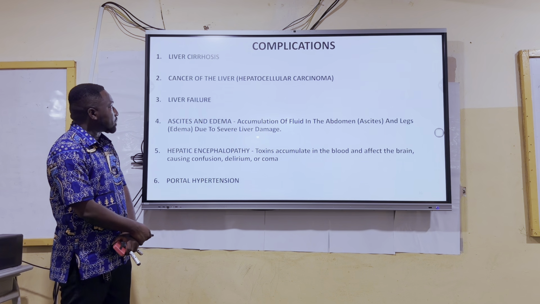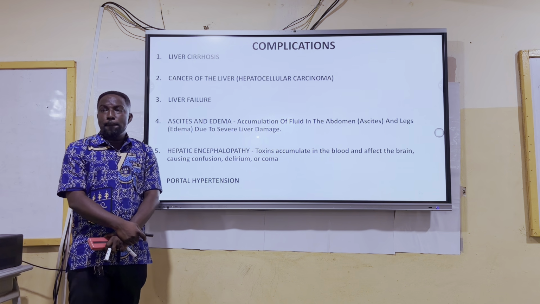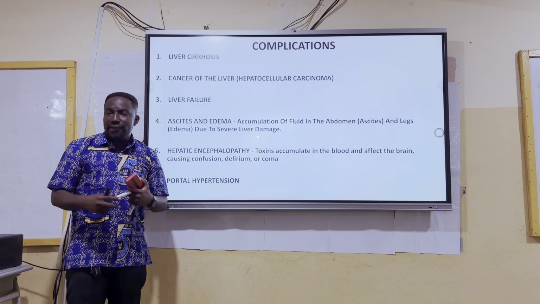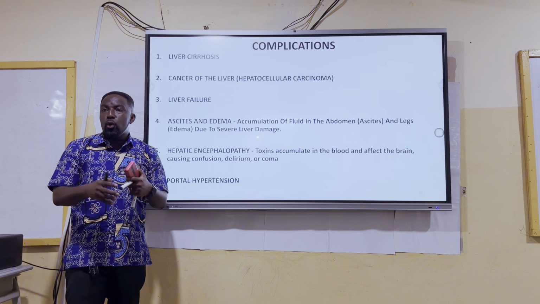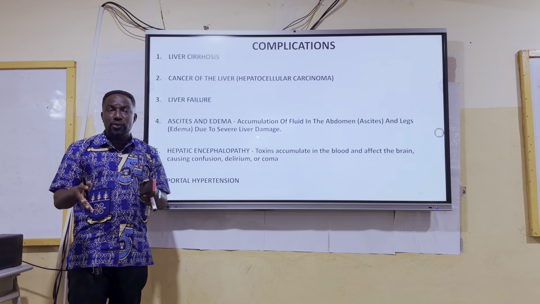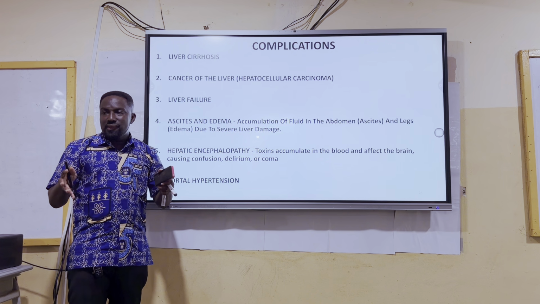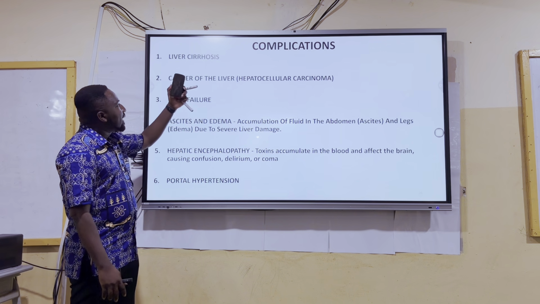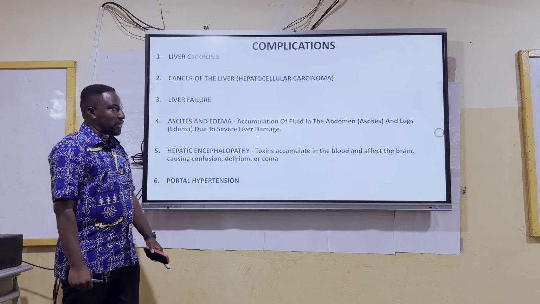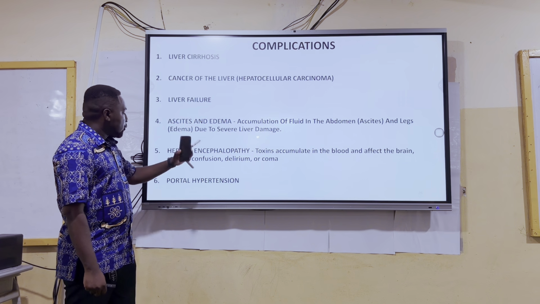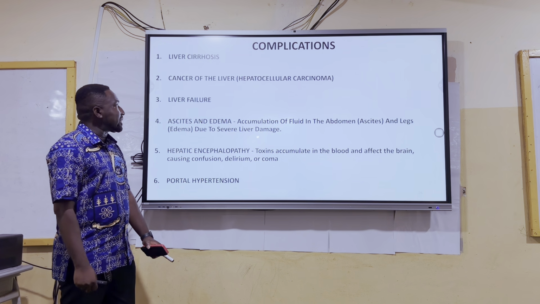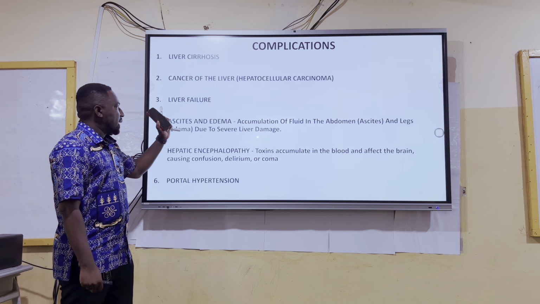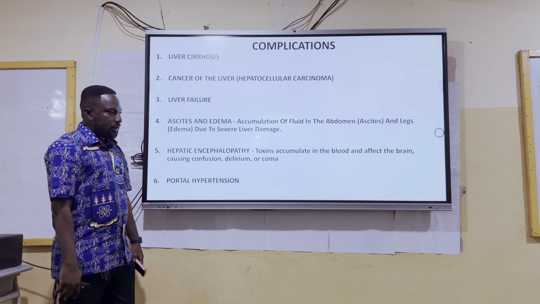Complications of hepatitis. We said that when the viruses, the alcohol, the drugs, or the toxins cause massive injury or inflammation to the liver, cellular necrosis, it can lead to liver cirrhosis. So liver cirrhosis is a complication of hepatitis, as is cancer of the liver or hepatocellular carcinoma, and liver failure, total failure of the liver,